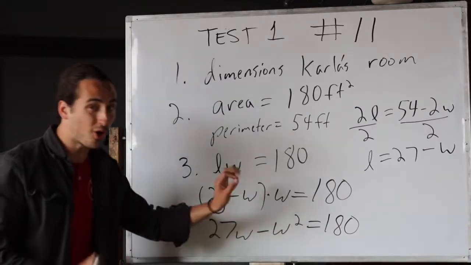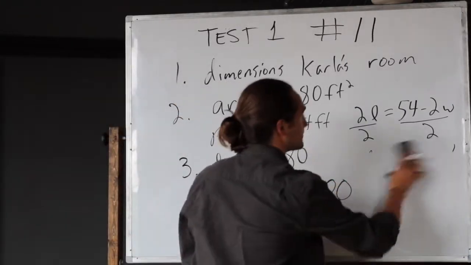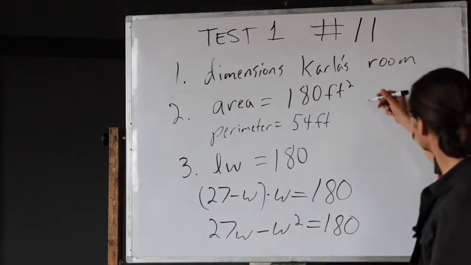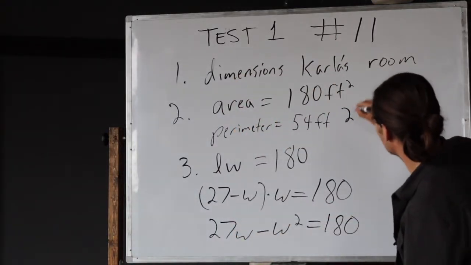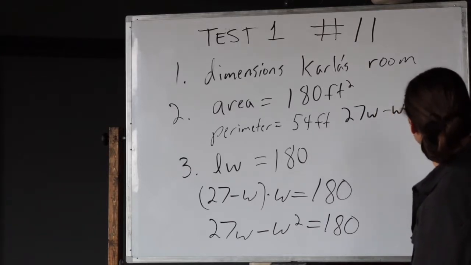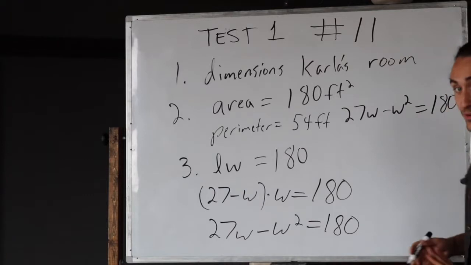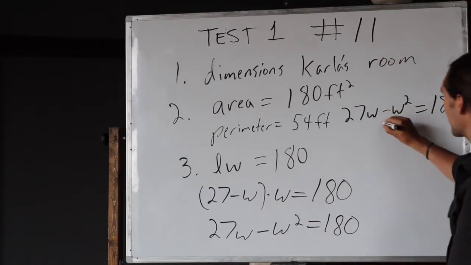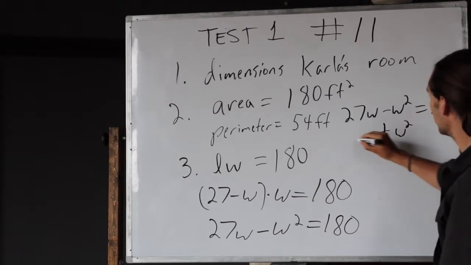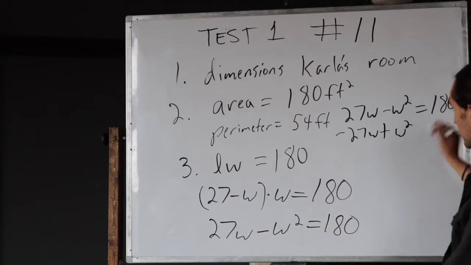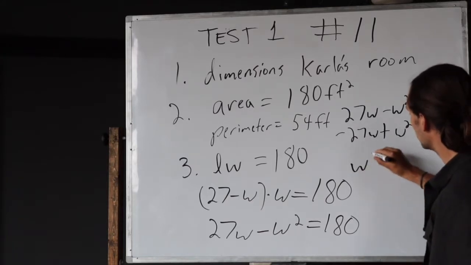So at this point, we're almost there. We almost have the equation set up. The last thing we have to do is I want to get my W squared positive, so I'm going to add W squared and subtract 27W and put them over here. So then in the end I get W squared